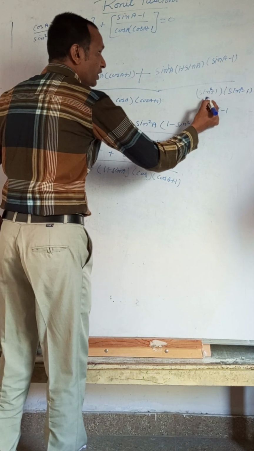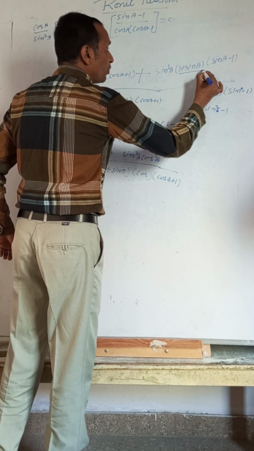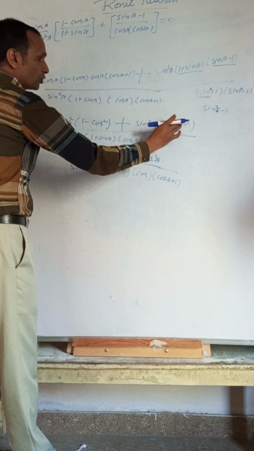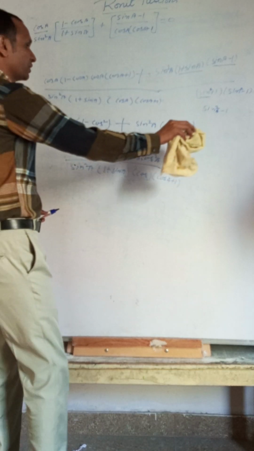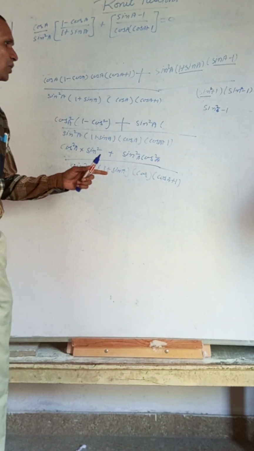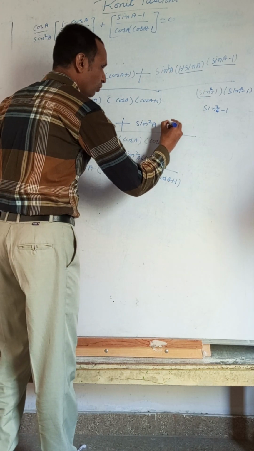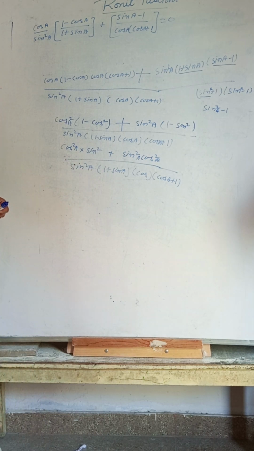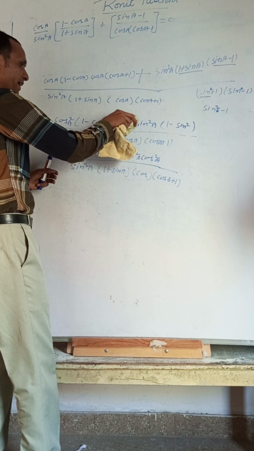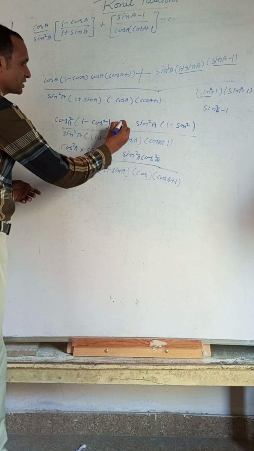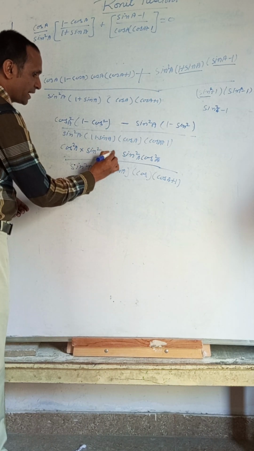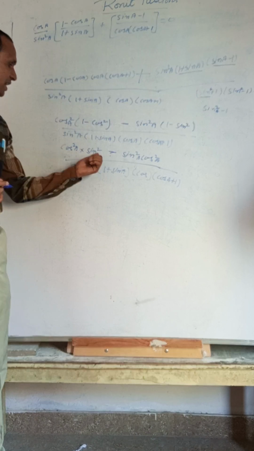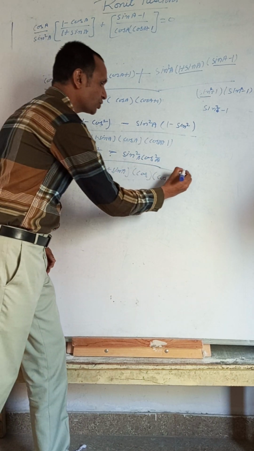To prevent any mistake here, that is sin 1 plus sin and 1 minus sin, it will come sin square minus 1. So here we have to write sin square minus 1. Otherwise, if writing 1 minus sin square, then also a minus we have to write. If 1 minus sin square only is written, then the sign will be changed into a minus. Here is the minus, so here also will be the minus. Okay, cos square A minus sin square A, minus sin square A cos square A is equal to what?